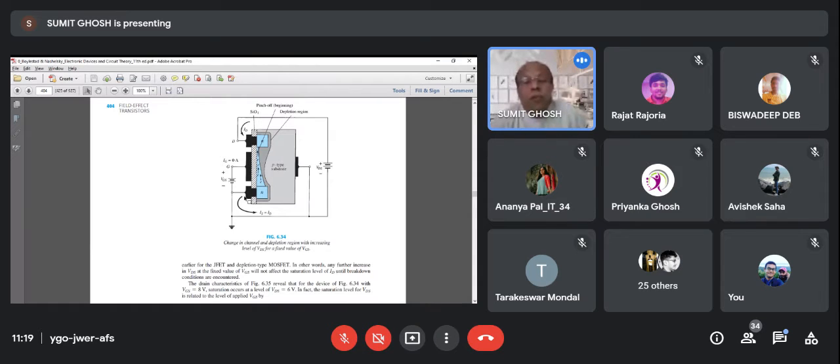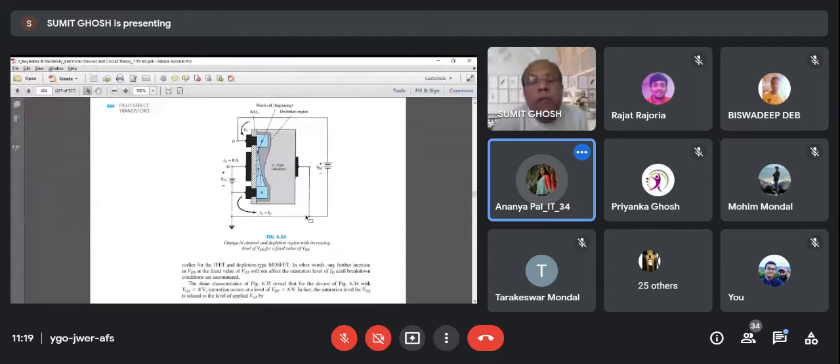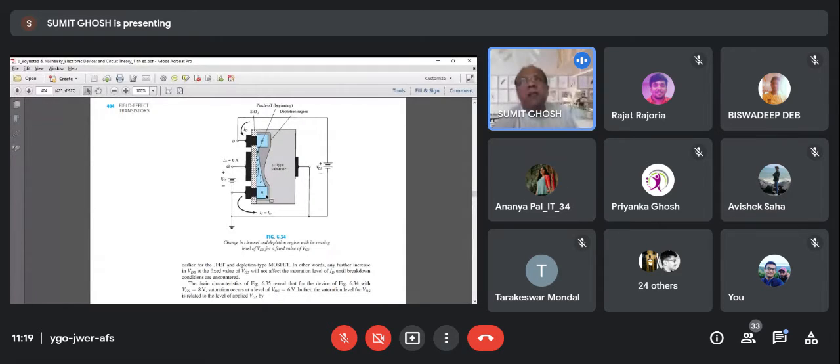I'll tell you. This N-type island on the source is at what potential? Zero potential. And this P-type substrate is at what potential? P-type is also zero potential. So if there is no difference of potential, it is a PN junction without any bias. A PN junction without any bias is in equilibrium, isn't it? So there is a depletion region, equilibrium condition, no bias.